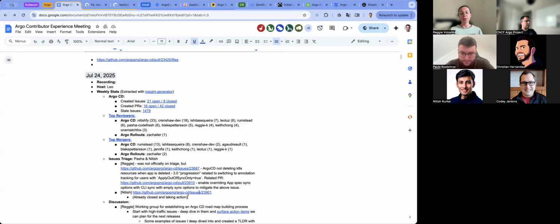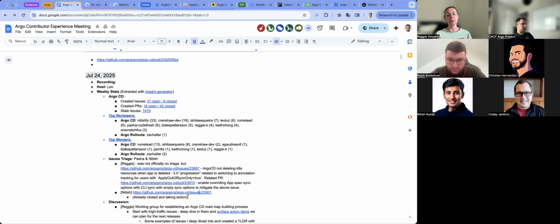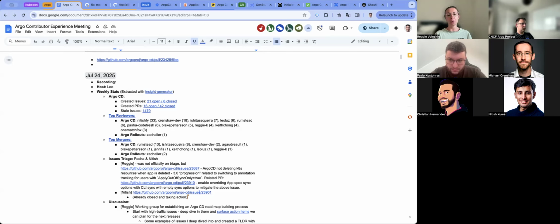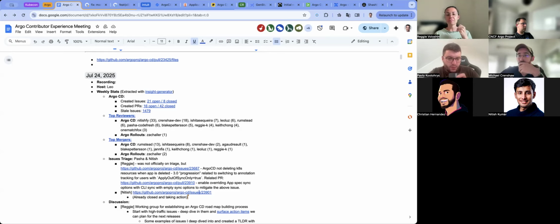And so in order to mitigate this issue for users with applications that have apply out of sync only, if there is only a small number of applications, people can do it from the UI and it's not a problem. They would just have to uncheck the option of apply out of sync. Everything will be great. But for people who actually have a big amount of such applications, it would make sense for them to do it in an automatic way. For me, the most intuitive way is to perform it with the Argo CD CLI,